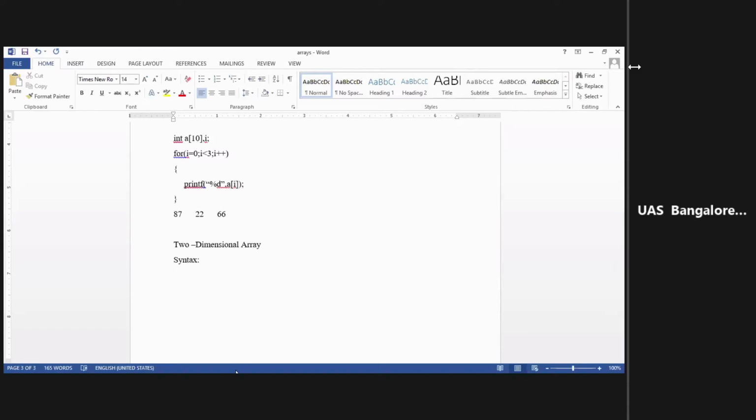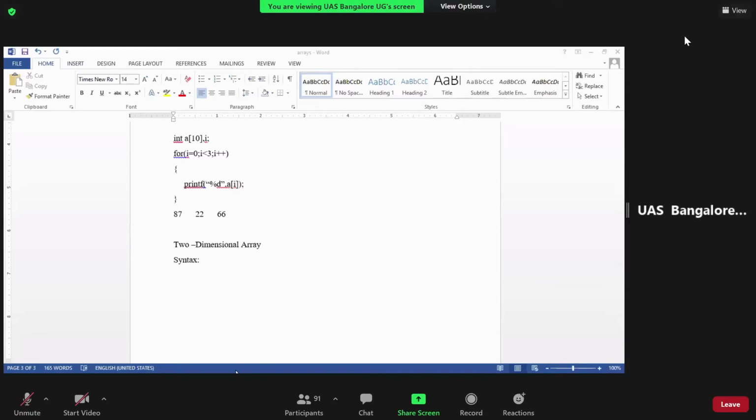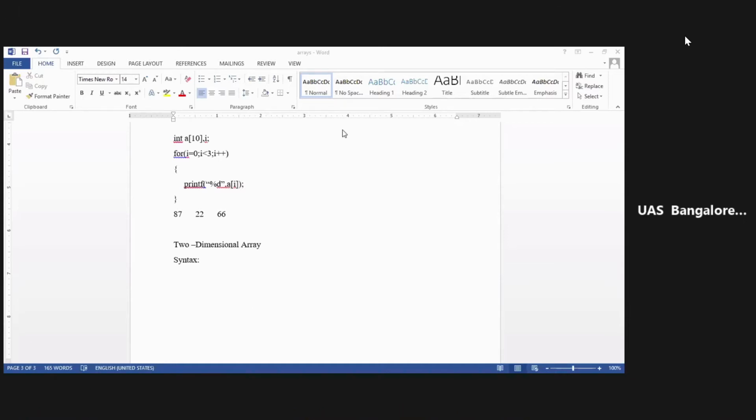I'm just waiting for you people. No. Can you please compare one-dimensional and two-dimensional arrays? See, when you compare one-dimensional and two-dimensional arrays, when is the comparison possible? First, you need to learn the one-dimensional array. Second, you need to learn the two-dimensional array. Only then can you compare. We have still not started with the two-dimensional array. My question is, do you have any doubts in one-dimensional array as of now? Two-dimensional array, I am doing now.